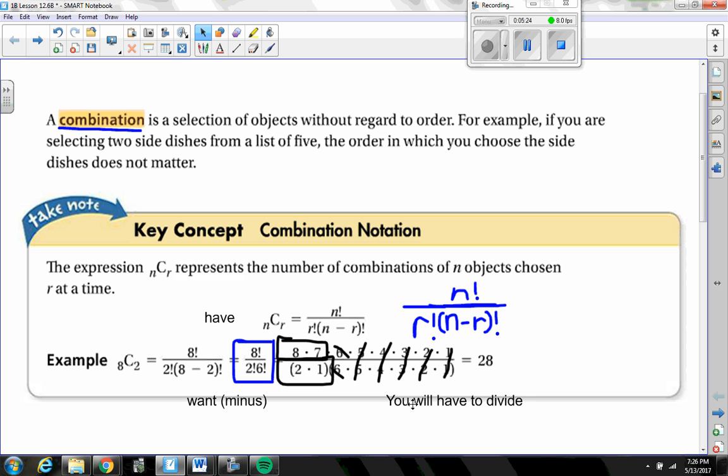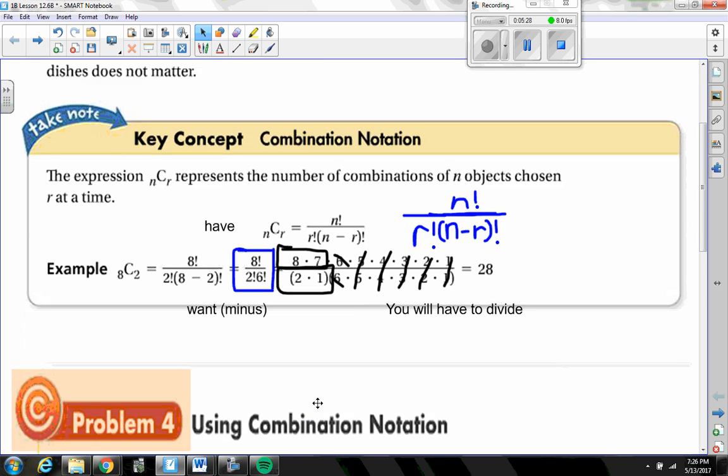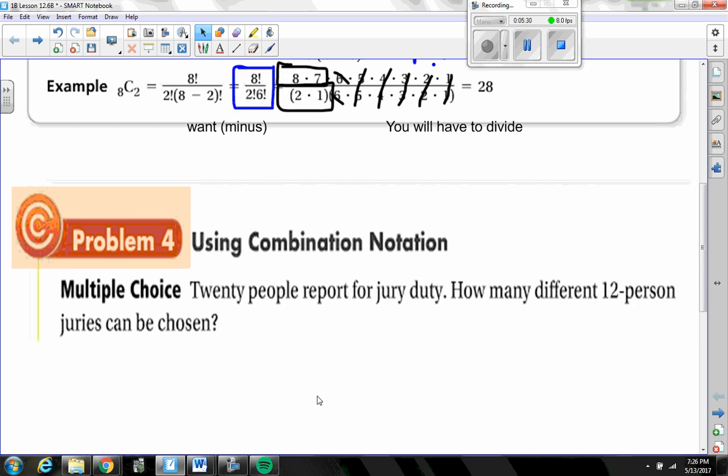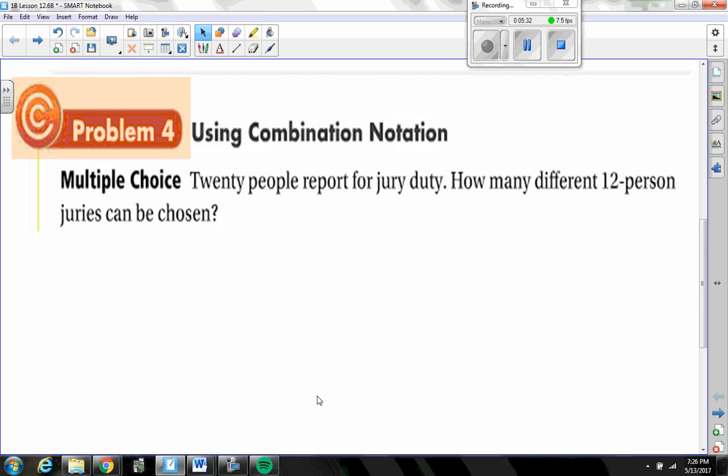Now, let's look at another example in maybe a more real-world situation here. There are 20 people that report for jury duty. When you're an adult, you have to put your name. The government has your name filed, and sometimes you get called for jury duty in a certain place where you